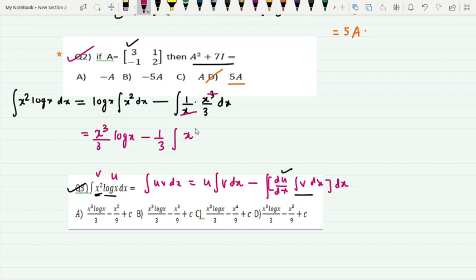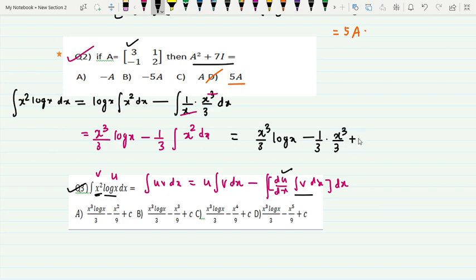See here x square is left here. Then its integration will be what? This is equal to x cubed by 3 log x minus 1 by 3 integration of x square, that is x cubed by 3,